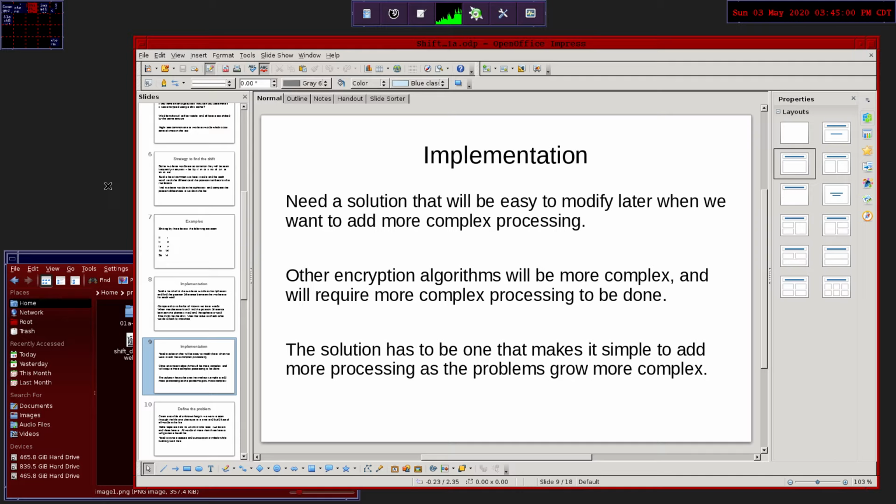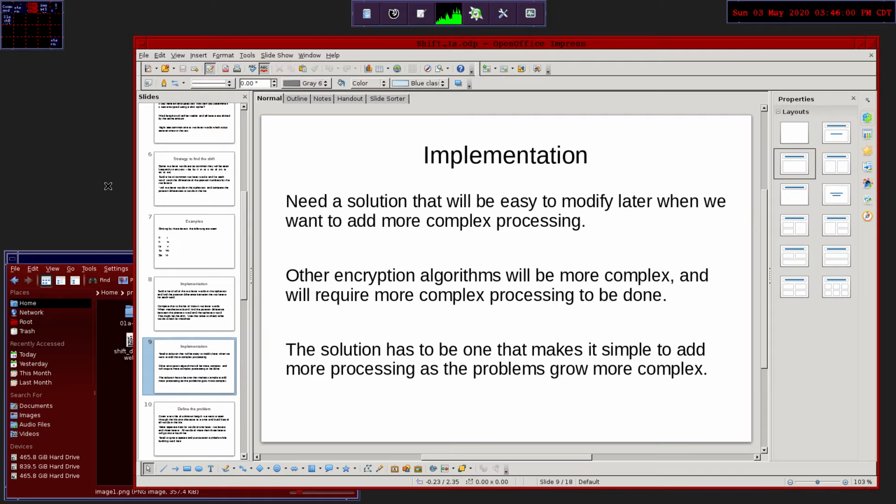But then each time I come to a new encryption algorithm and have to add more complex processing, if I just take the same approach and kind of throw in some more code to do what I need for this one, after you've made a few updates that way, you end up with a big chaotic jumble of code, and it can be really hard to work with. And you'll have the same variable used in so many different places that it's hard to keep track of everywhere that it's changed. And then if you put that away for a few months and then come back to it, it just looks like a big chaotic mess,